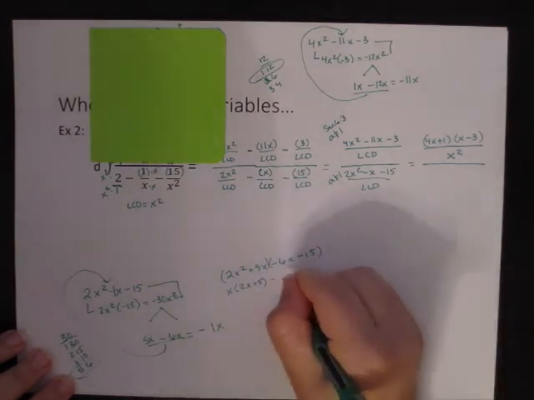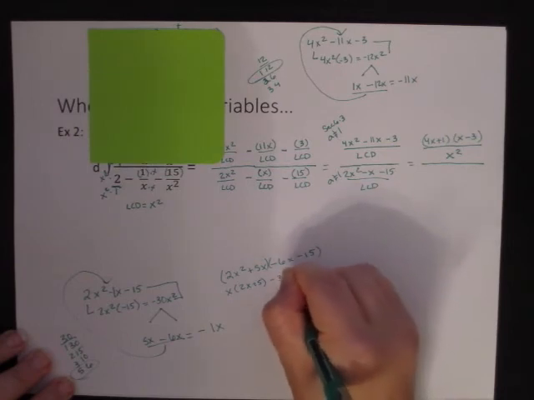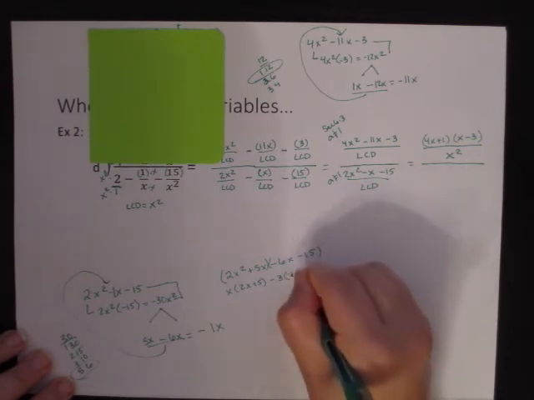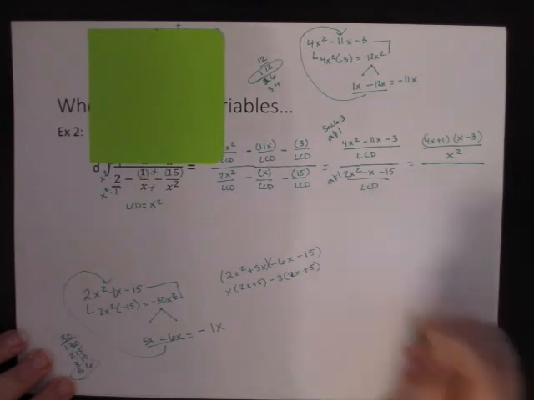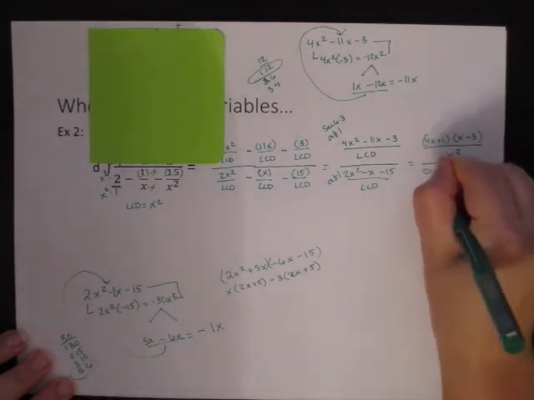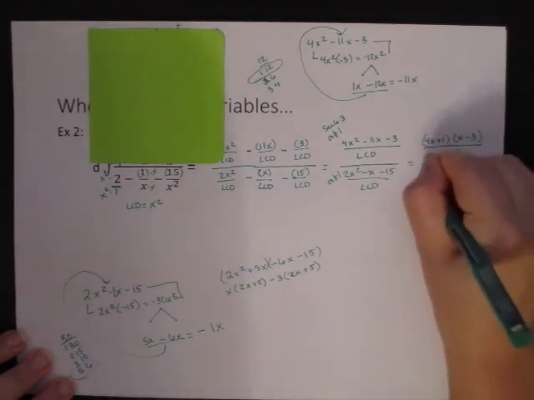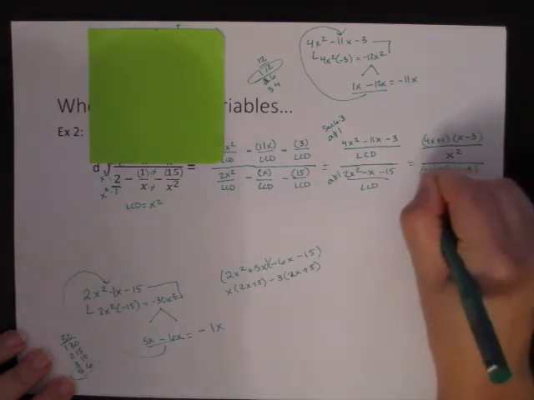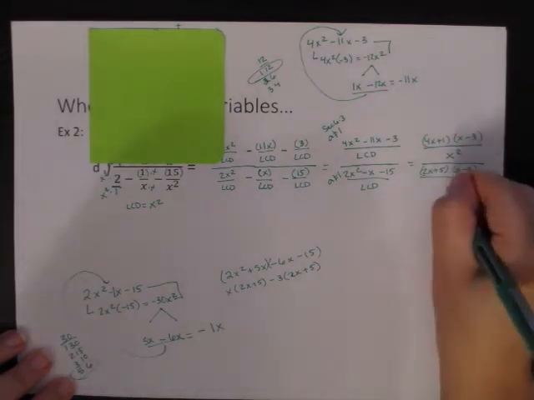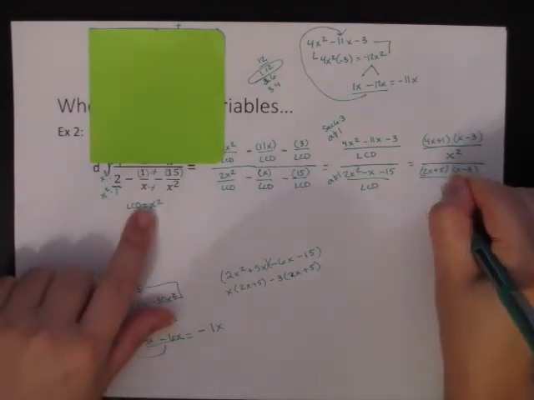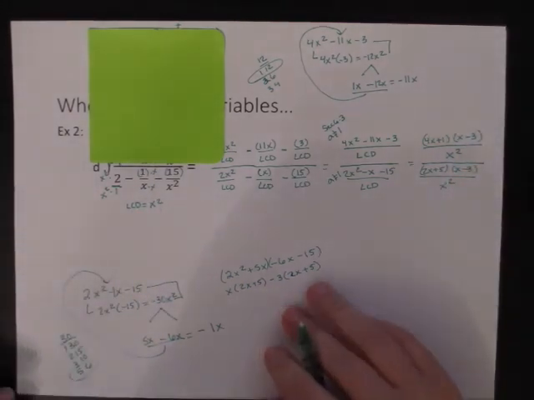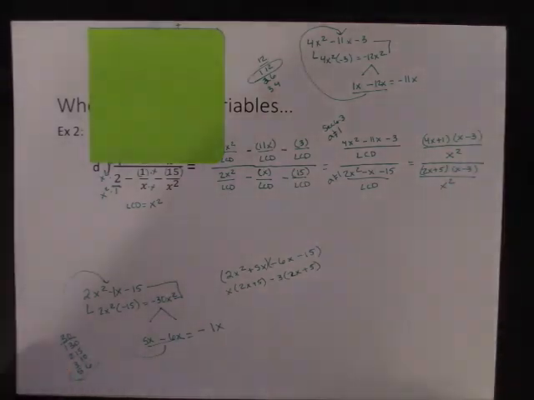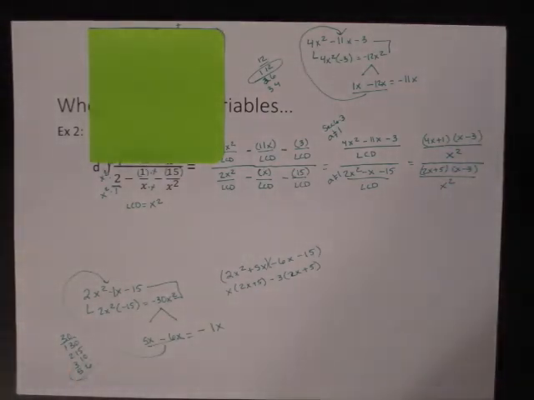I can pull out a negative 3, and I'm left with a 2x plus 5. So I've got 2x plus 5 times x minus 3. That is as cleaned up as it can be, so I got to put it over my LCD, which is x squared. Alright, so I've cleaned up my top, I've cleaned up my denominator, so now what I have to do is